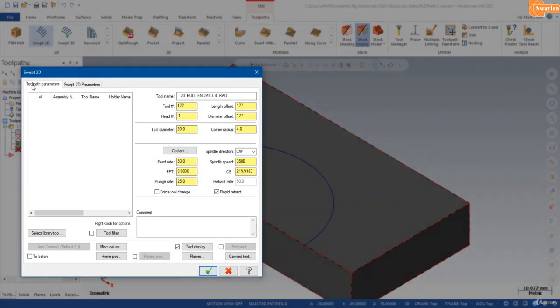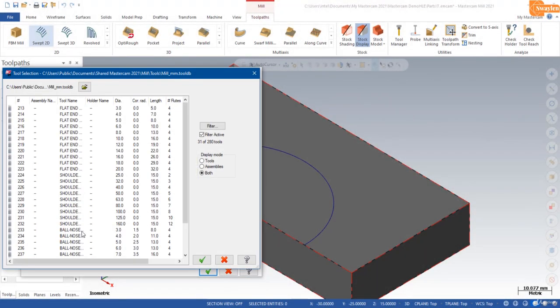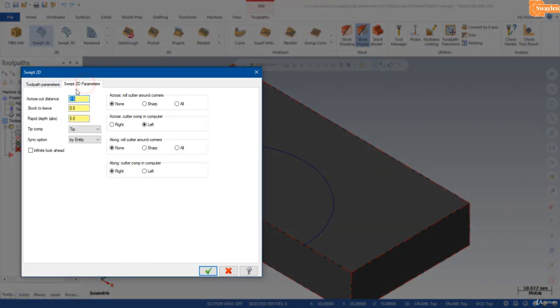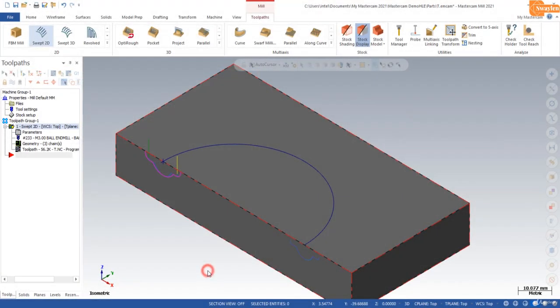Here select your tool. So I will select a ball nose tool, 3 diameter and 1.5 corner radius. Okay, now the across cut distance is 0.1, stock to leave is 0 and rapid depth is 20. So I will click on OK